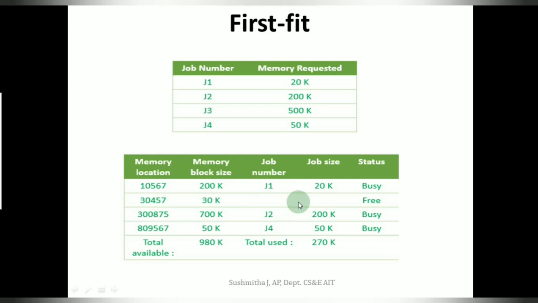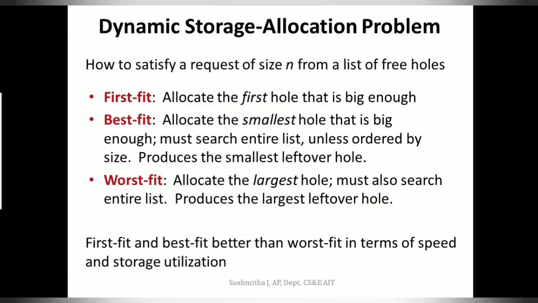Now let us see the next technique. So this is the first fit algorithm, which tells us to fit the process into the first available block or hole. The next thing that we have is best fit. So what does best fit tell? To allocate to the smallest hole that could accommodate the process.